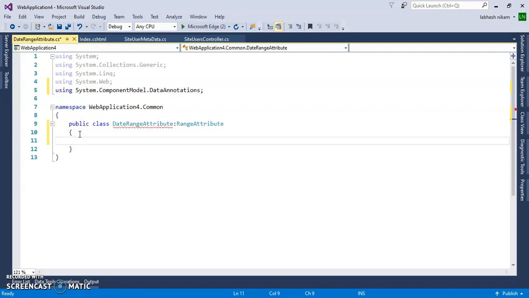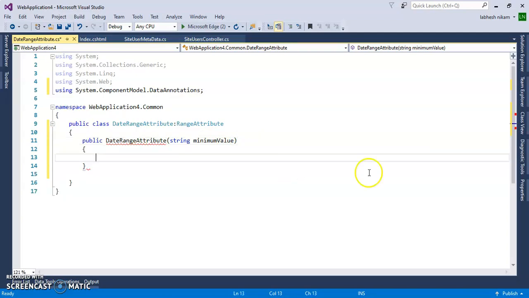Inside of that I will add a public DateRangeAttribute constructor, and inside of that I will pass the minimum value of the date, string minimumValue.